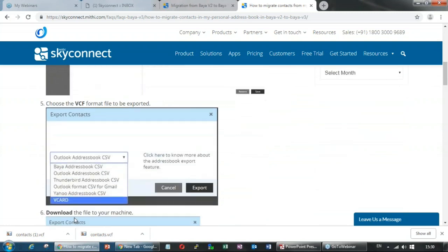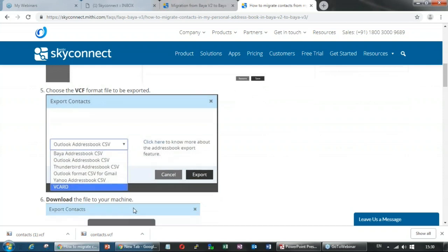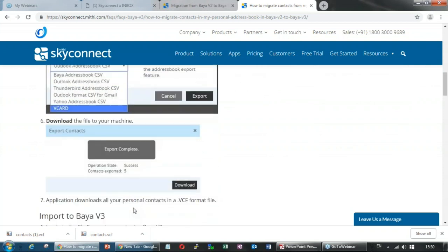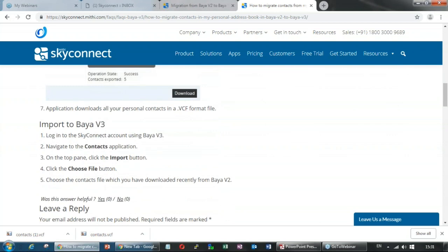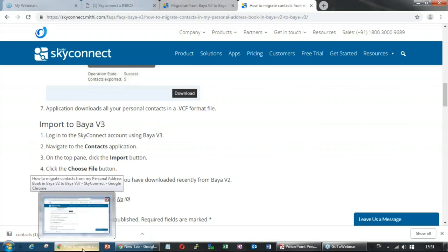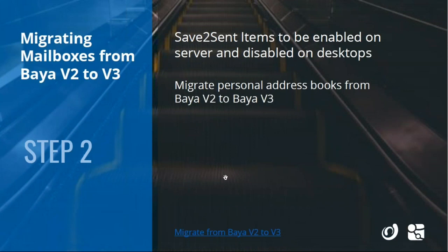You can save it, a vCard file, and download it, and then simply you import that file in Baya V3. It's as simple as that. Export it from V2 and import it in V3. So end users themselves can do it, and it will migrate the personal address book from V2 to V3.